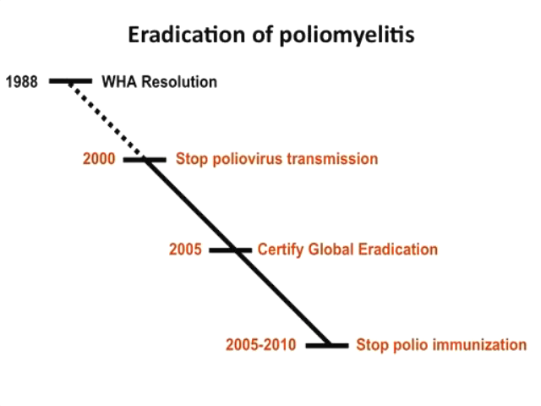So WHO wants to eradicate polio, and in 1988 they said we're going to do this by 2005, and eventually the goal is to stop immunizing because we're spending all this money and we want to use it on measles, which they want to eradicate next. So we haven't... Here we are in 2010, and there's still about 2,000 cases a year of polio in a